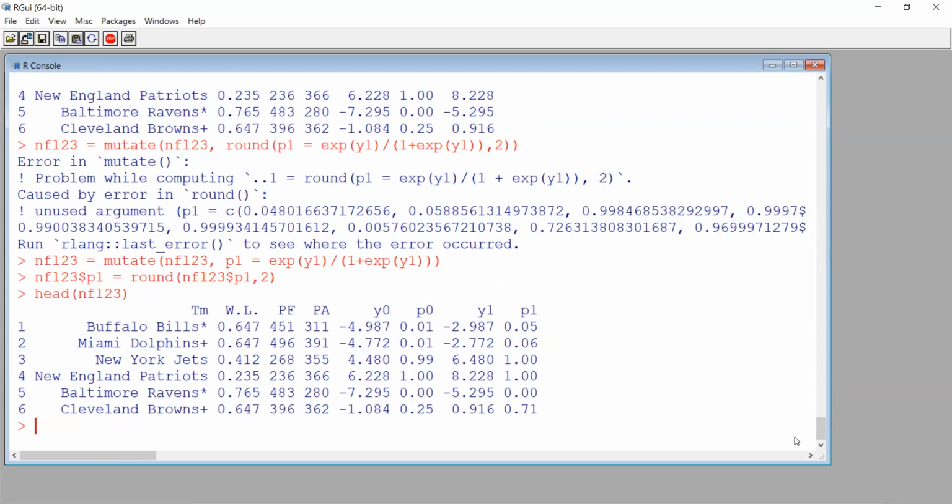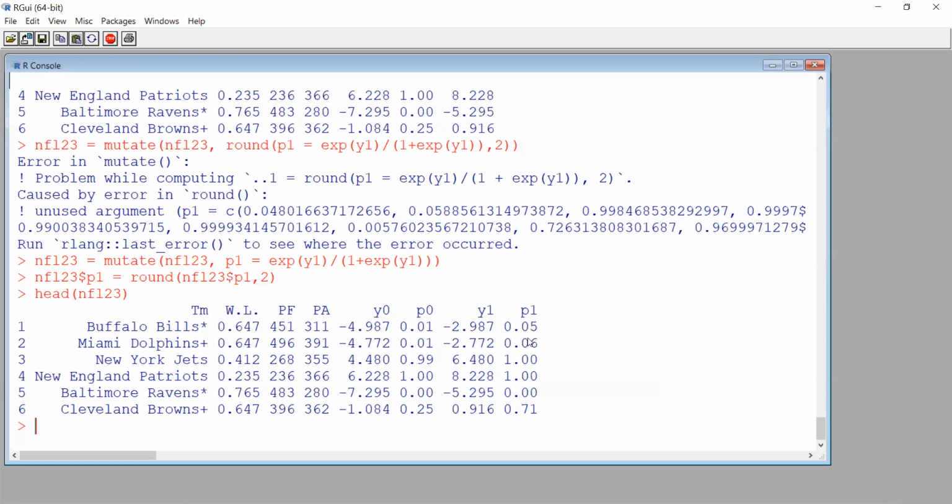All right. Okay, P0, probability they didn't make the playoffs. The Bills is 0.01. Probability they lost in the wild card round, 0.05. But really the way to interpret this is the probability that they made it as far as the wild card round, but no further.